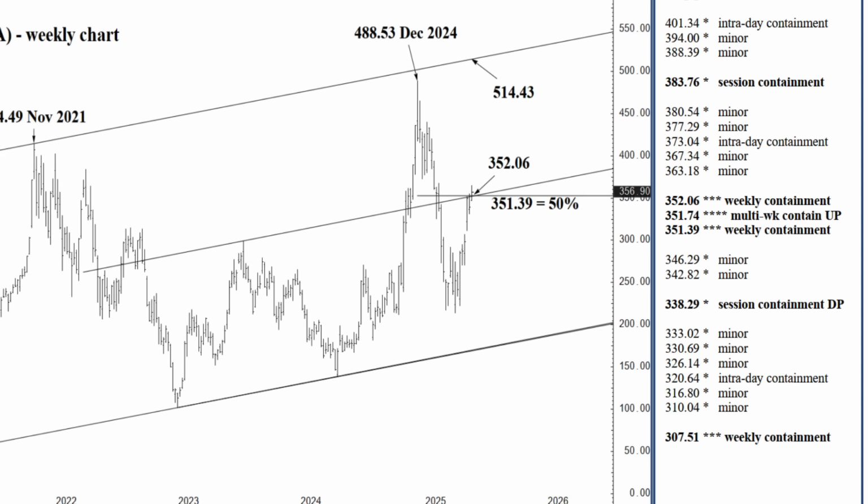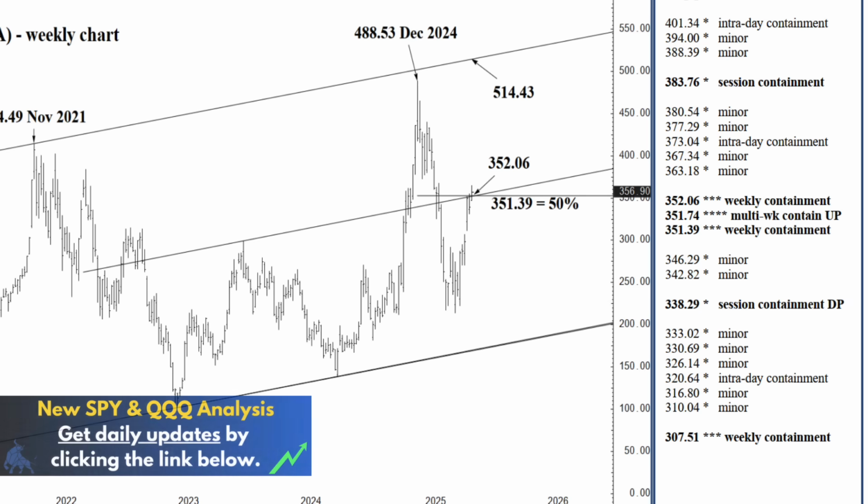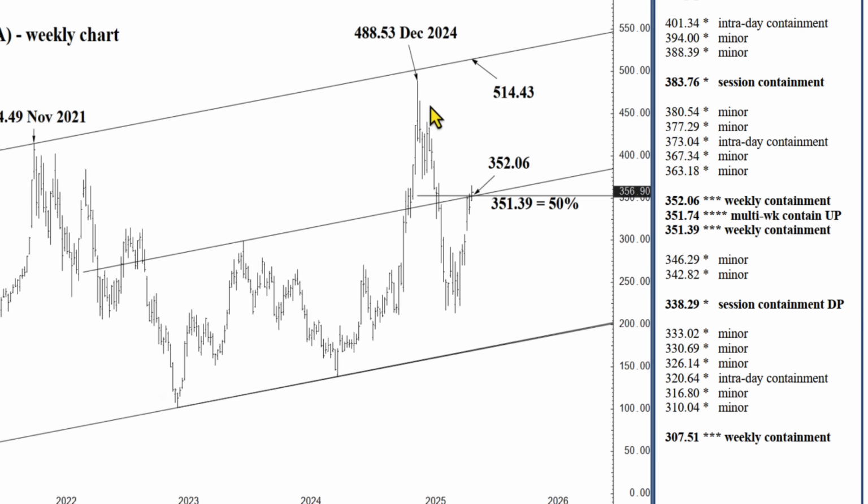One point that is worth making, that I always make, because of the longer-term consequences of the weekly chart, I don't like to foretell longer-term continuation in any particular direction unless we also get confirmation on the weekly chart. So tomorrow's settlement will be important, and if above 352.06, we are all in on a longer-term buy signal that should ultimately, by the end of the year perhaps, reach 514.43,